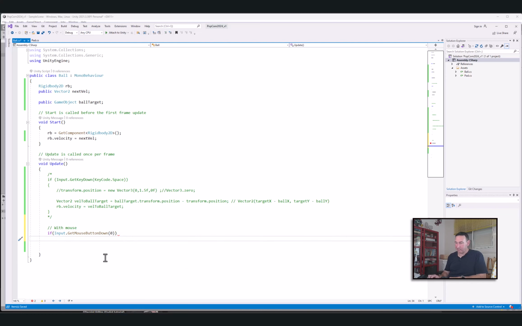So if we get a mouse button down, we need to calculate where this point is on the screen. Now I'm going to move fast with it. I'm not going to explain all of it because this is a bit more complex, and we'll probably talk about it maybe in a later video. But for now, I'm just going to get the mouse position and understand where it is in the world, which is more important. So what I'm going to do is Camera.main, which is the main camera, and it's going to be get